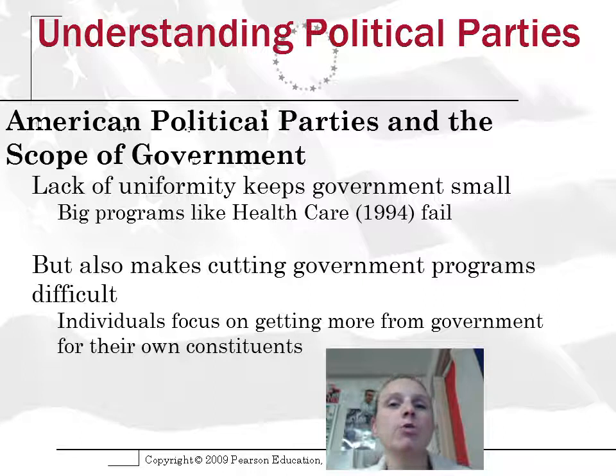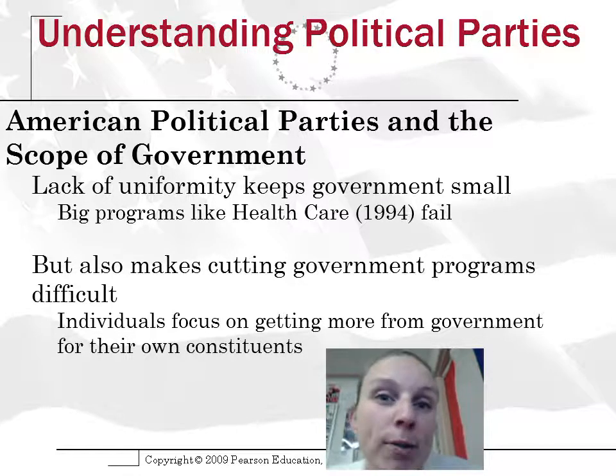All right, think about this when it comes to the scope of government and whether or not American political parties help the government grow bigger or smaller. Let's think about 2012, right at the end of the year, with the Cliff-pocalypse and Mageddon-cost, where we don't know if we're going to fall off the fiscal cliff or not, and the Republicans and Democrats are not working with each other because there's no uniformity.